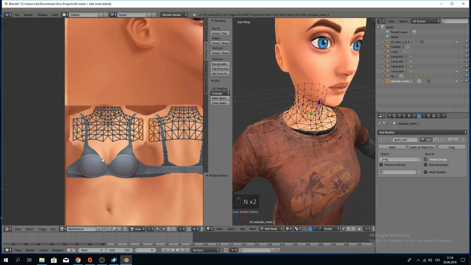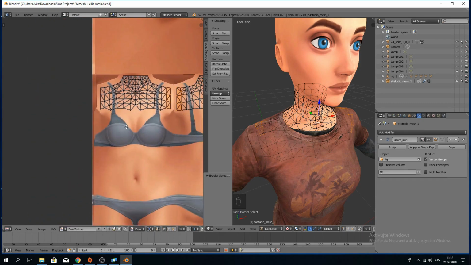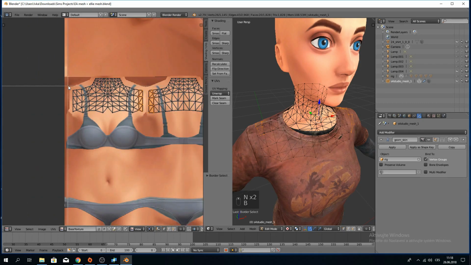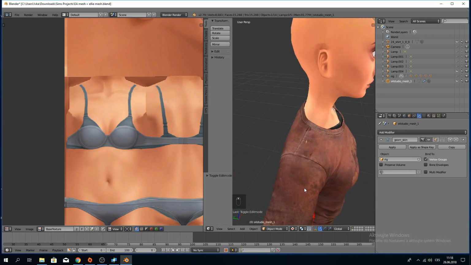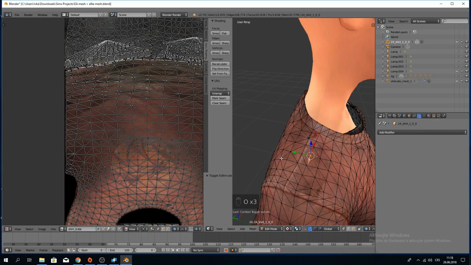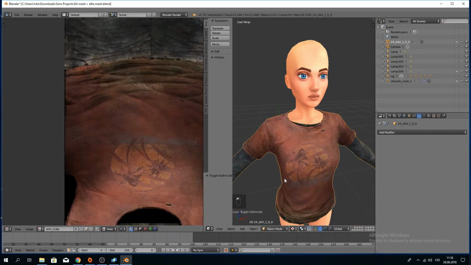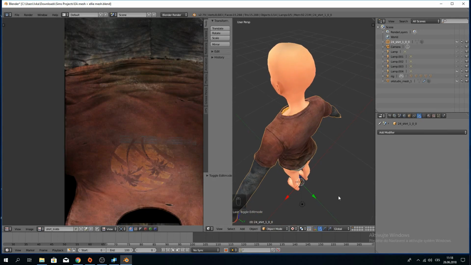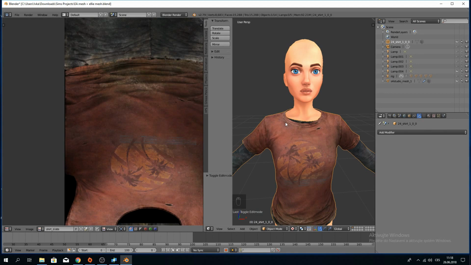And also in the UV map, if you click the scroll button on your mouse, you can move it around or zoom in, zoom out. Delete. And here we have some spot that we can, okay, that's better. Now is the time to check everything, because now we are going to combine these two meshes